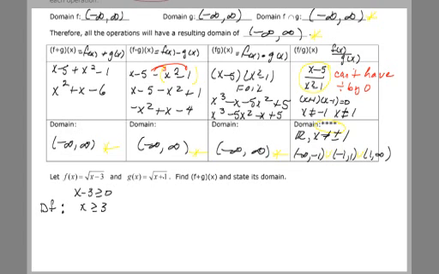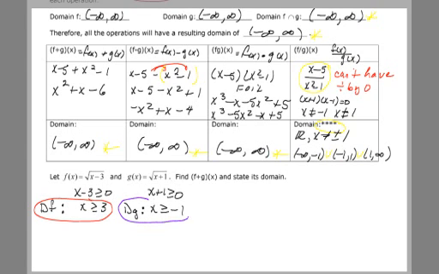Let's look at g. It's another radical. We take the radicand, set it greater than or equal to 0 and solve it, and I get x greater than or equal to negative 1. That's the domain of g. So I've got the domain of f, which is here. I've got the domain of g,